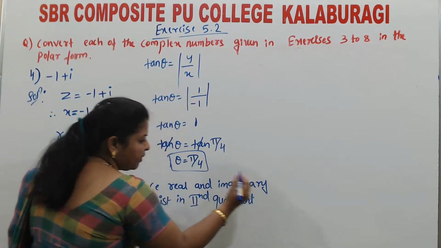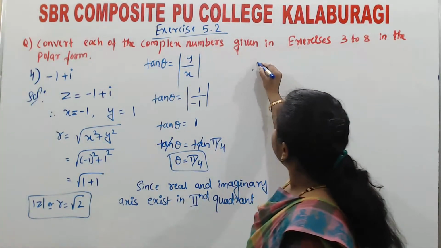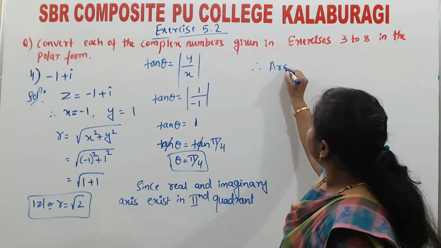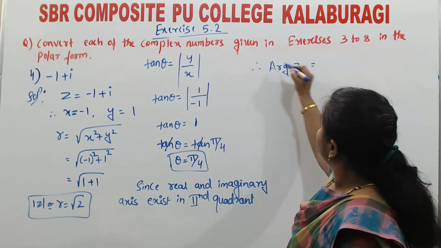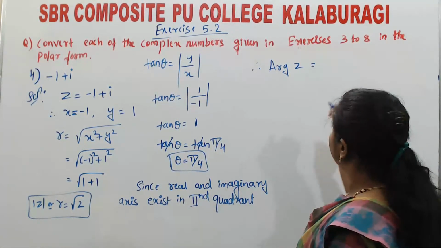Second quadrant. Therefore, in the second quadrant, the argument of z, or we can also say amplitude of z, is equal to